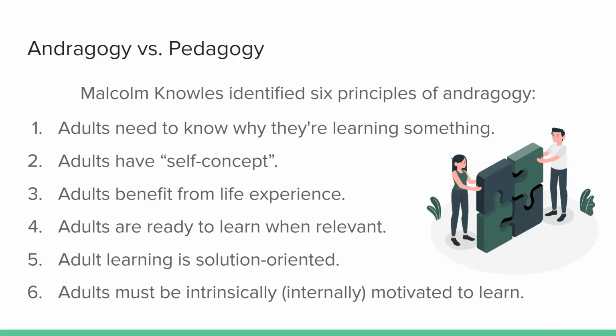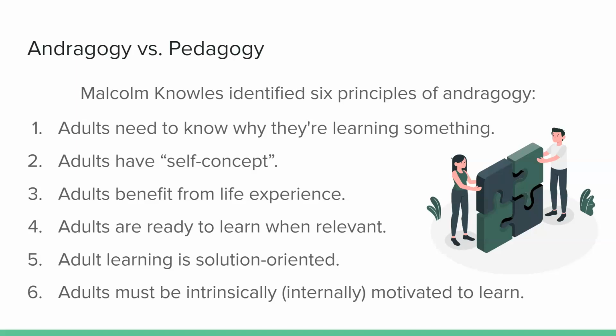And we're going to go into each one of these more in depth, and we're actually going to practice with some of these concepts. But just to give you that overview, the first principle is that adults need to know why they're learning something. They also have something called self-concept. And the idea of self-concept is that adults are self-directed and they are responsible for their own decisions. They require autonomy. They require the ability to make their own decisions, right? So we have to work with that when we are working with adult learners.